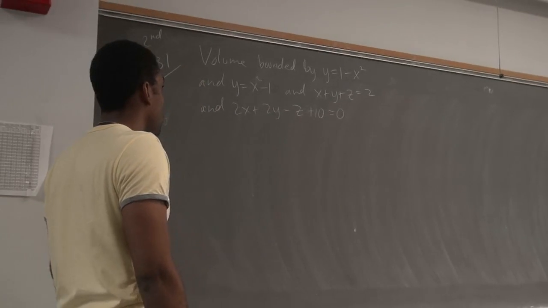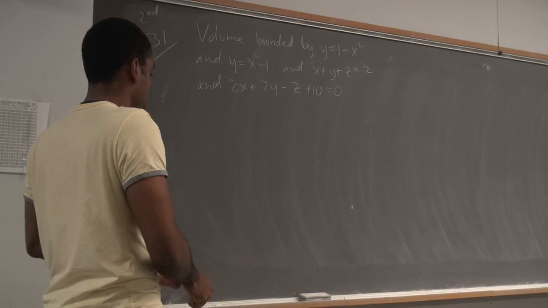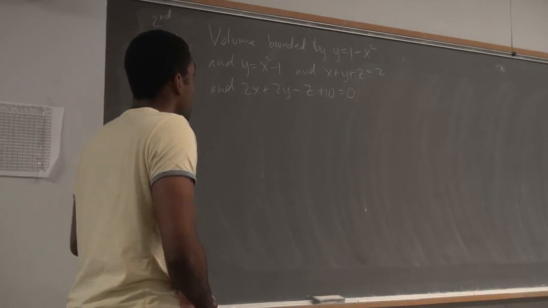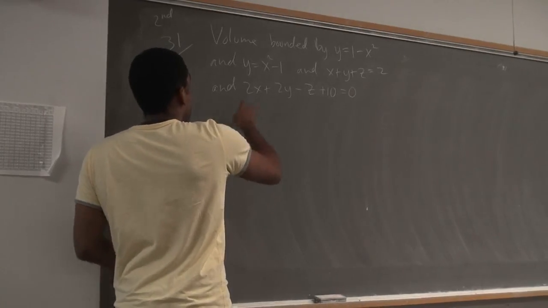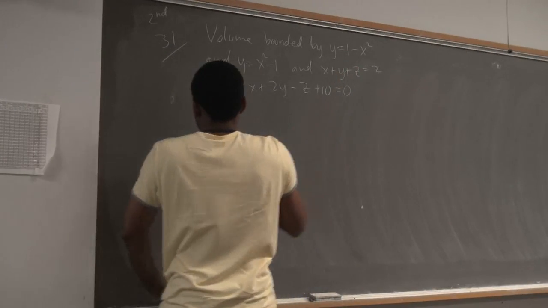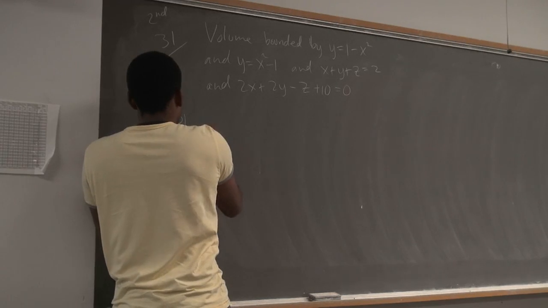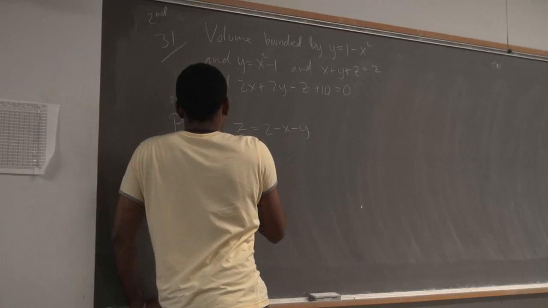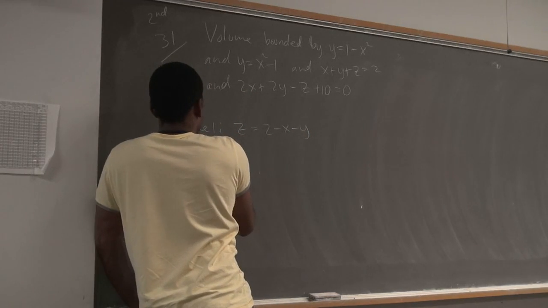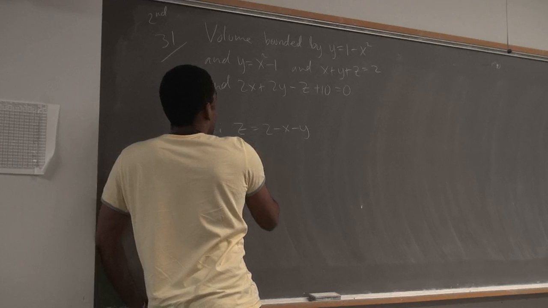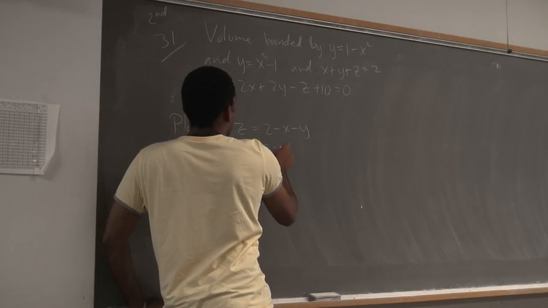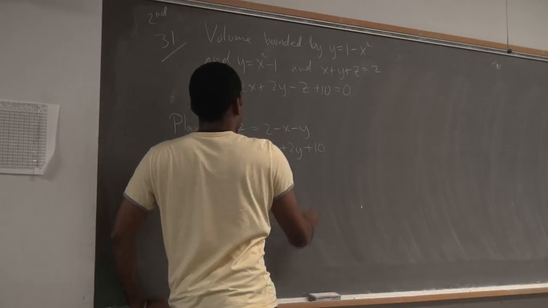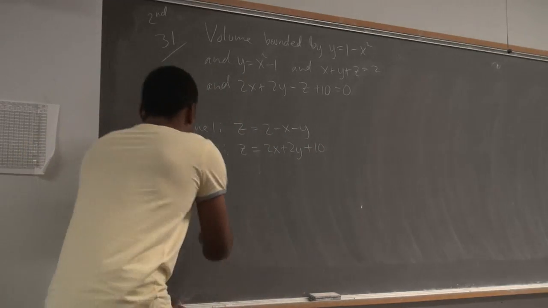Okay, so how would we actually do this one? Try to graph this. Try to draw a picture, right? So we know that these two here are going to be describing the region. So we have two planes. We have the plane z equals 2 minus x minus y. We also have the plane z equals 2x plus 2y plus 10. Now if you were to draw this guy,